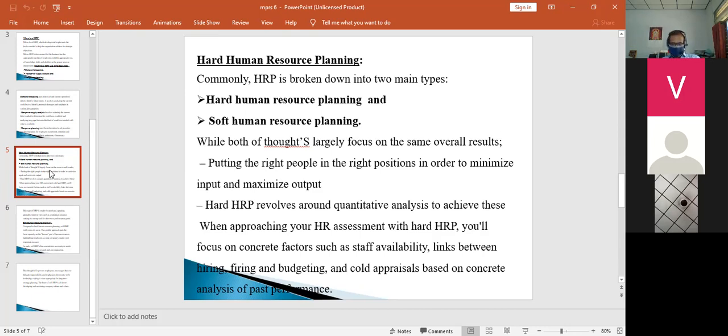See, here the appraisal system is implemented mostly once or twice in a year. Once or twice in a year, but depending upon the requirement, it may even be implemented thrice in a year. Depending upon the requirement only, it may be implemented once, twice, or thrice in a year.